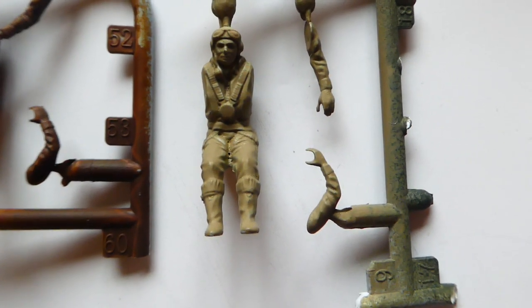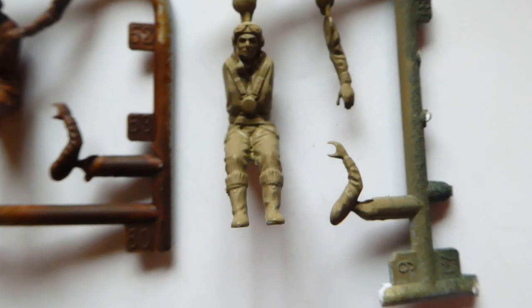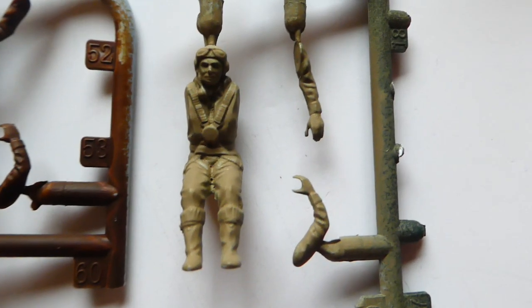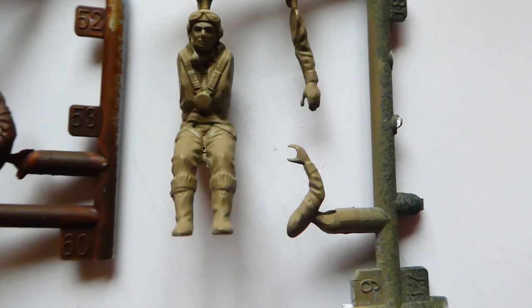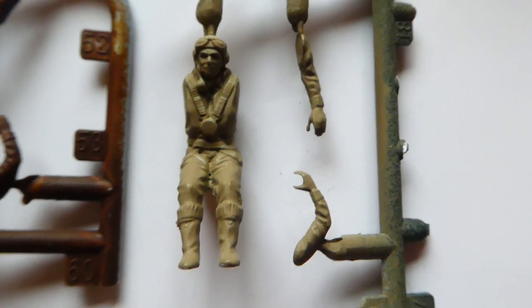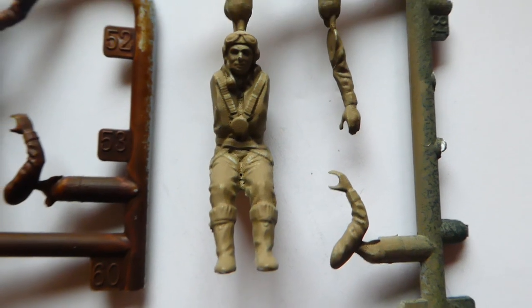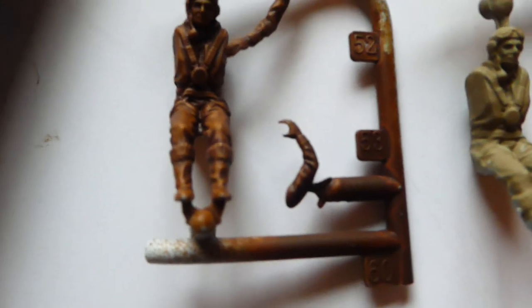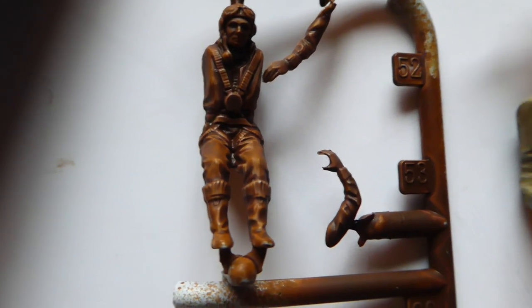I put another figure from some set, and the guy's got a cap, and I just thought he'd look a bit groovy, but I can't remember what the airplane is. Anyway, so I've got him left over, and he's pale, so I'm going to put him in and put a wash over him and then do a bit of detail, which is a topic of complete futility because they're both exactly the same figure, but I'm going to save him up because he looks so nice for something with a,